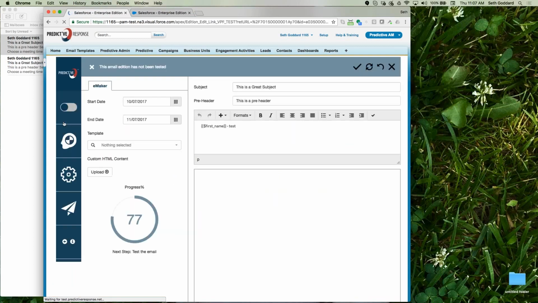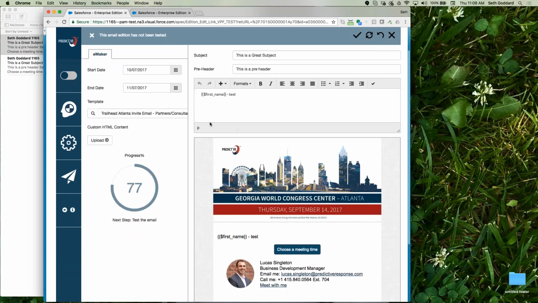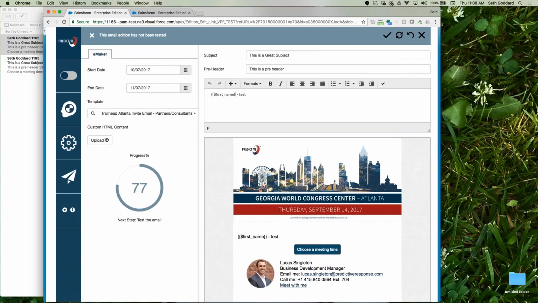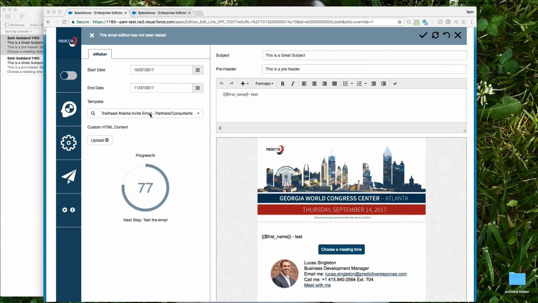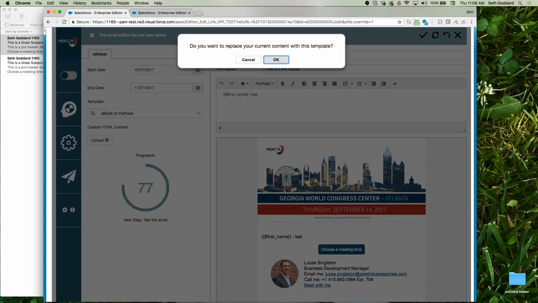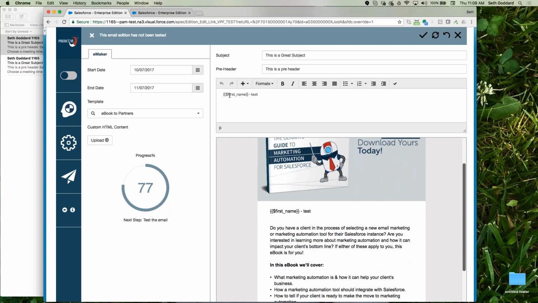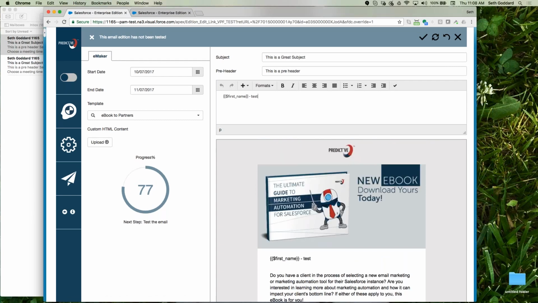Again, they don't know anything about email. All they know is they've been told you need to send this, put the message in, and get it out. And so here you can see that they have a limited grouping of content that they can send from. They have a couple of templates that they can choose from. And then what they can also do is put in a message. And so here it's, again, designed for the novice user. They're grabbing a template and then they can go ahead and put in this,